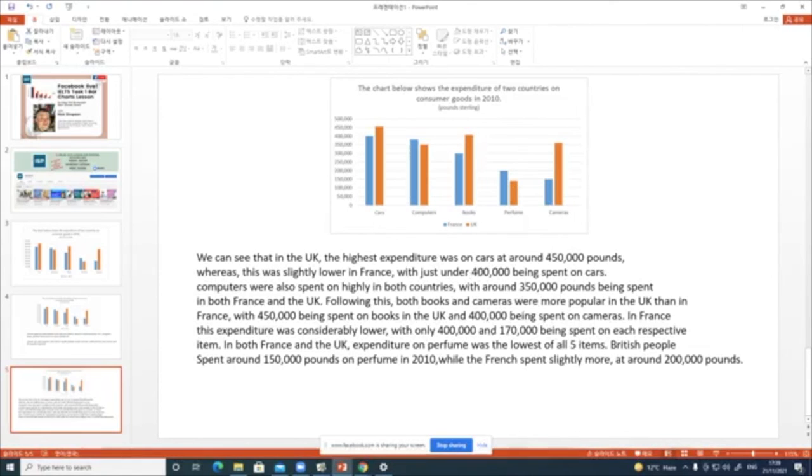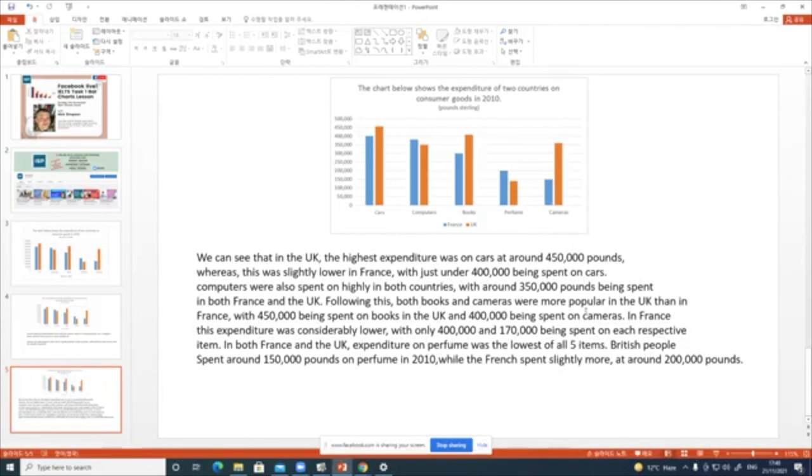Now, also what I try to do is include a lot of data, a lot of numbers. 400,000, 350, 400, 170, 150, 450. Make sure you put a lot of numbers in your answer. Okay. If it's time or percent or money, include a lot of it. Sometimes I see answers which don't have any data, any numbers. That's terrible. You have to put a lot in there, okay, to get a good score. It's very important. You also need to vary